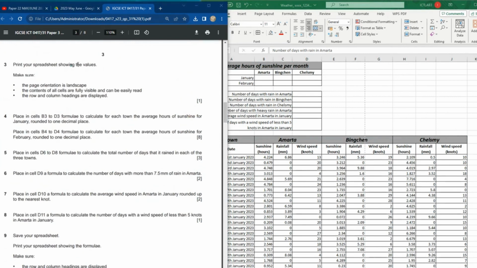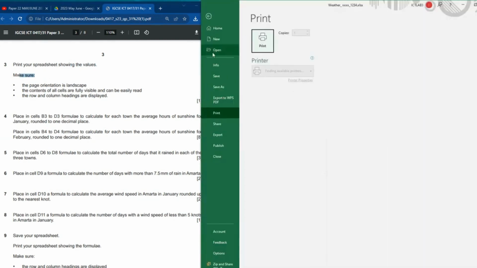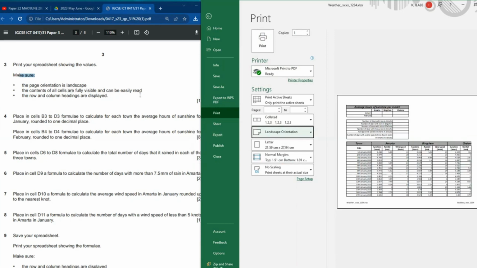print your spreadsheet showing the value. So make sure the page orientation is landscape. So just press Control P here. Then you choose landscape. Then the question says the content of all the cells are fully visible and can be easily read. Then the row and column headings are displayed. So from here you see everything is fully visible, by the way. Then you can